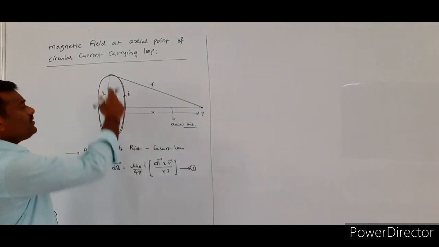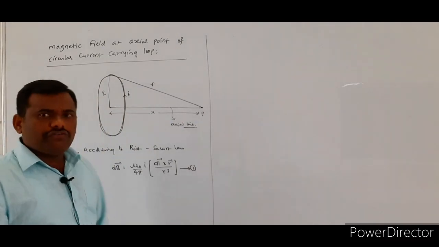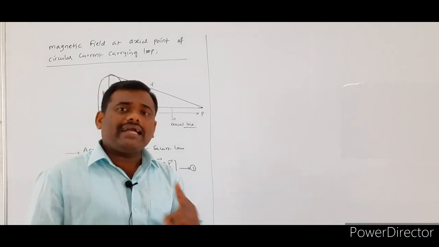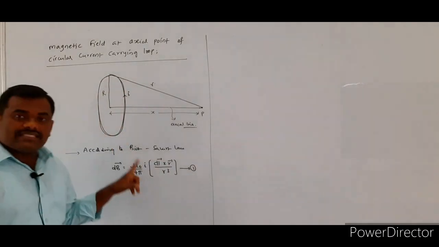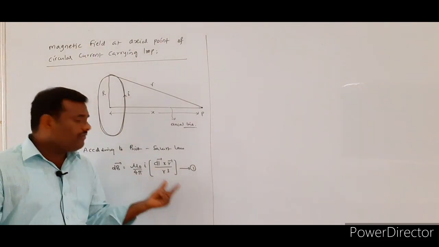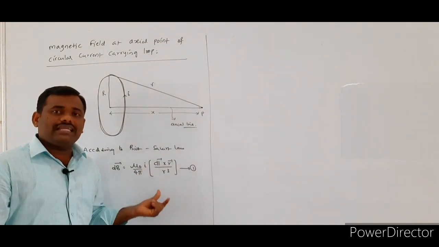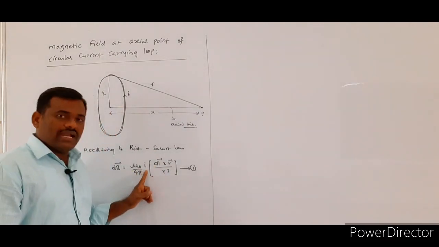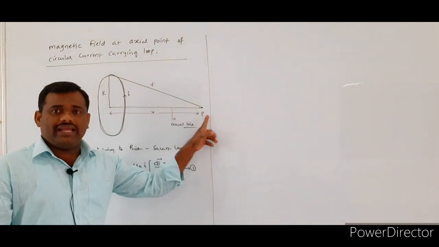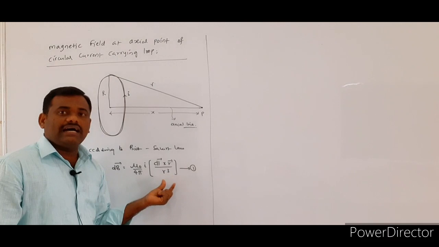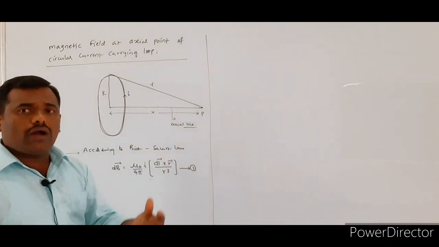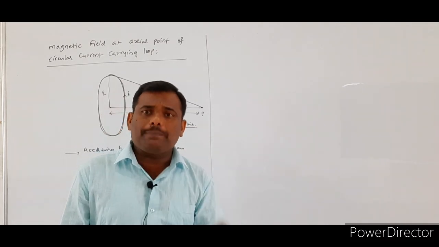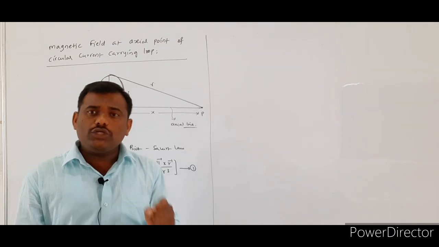Now, this is the entire conductor. For the entire conductor, we don't have any direct formula for calculating the magnetic field. So the Biot-Savart law gives the formula: when you consider a small element having the length of dl through which I amount of current is flowing, you have to calculate the magnetic field at a given point which is at the distance of small r. So for that purpose, I have to consider a small element over the circular current carrying loop. If you want to apply the Biot-Savart law, what must you consider?